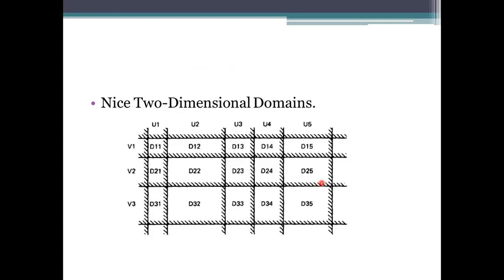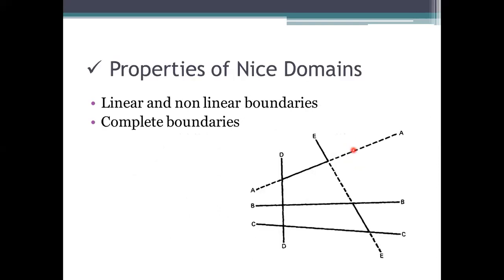Coming to this one, in the previous class I explained this. This is a nice domain, a two-dimensional one. We are using it to represent 3 rows of data. We can take it as a functional equation, or as the values we are processing. In the previous class I explained what the spikes represent. From here you need to take the data into account. And now these are among the properties of the nice domains.